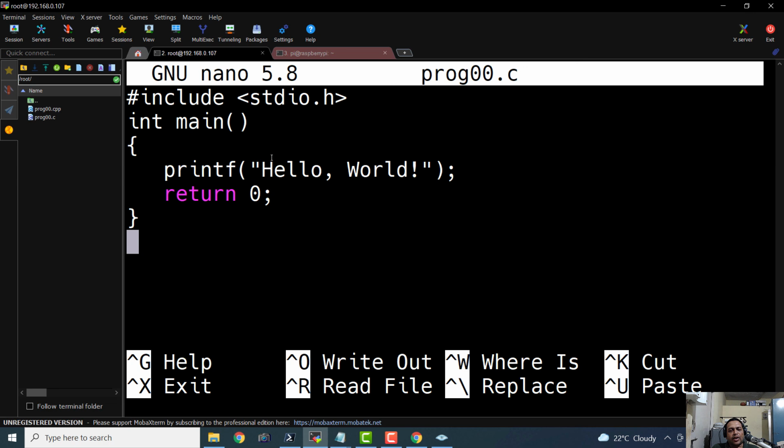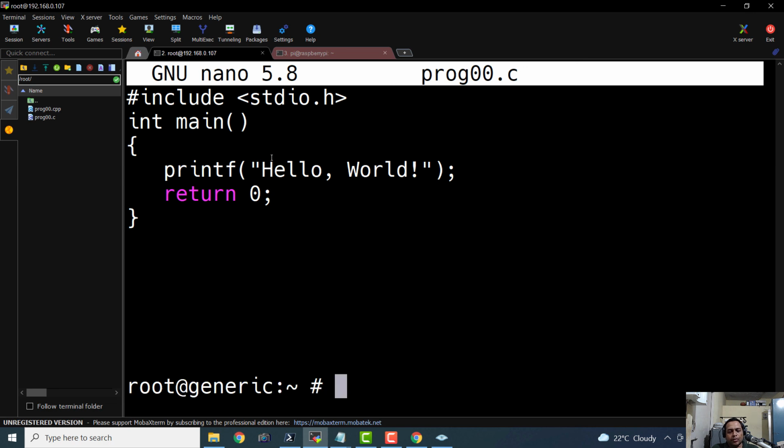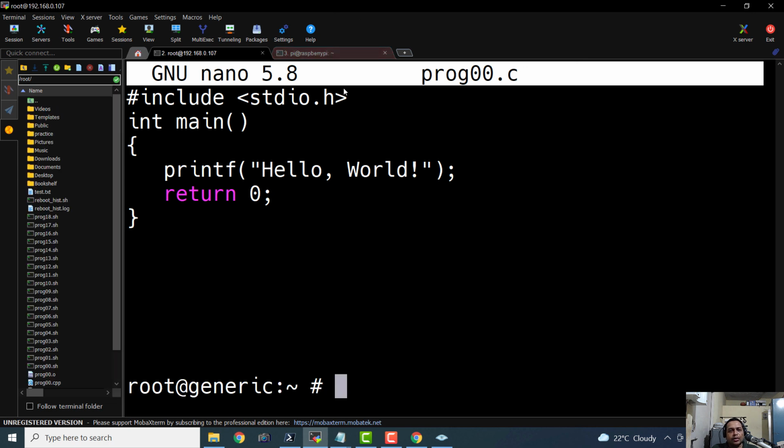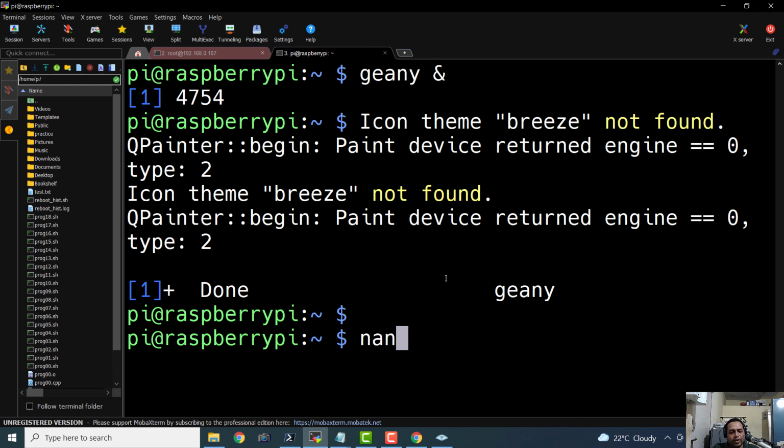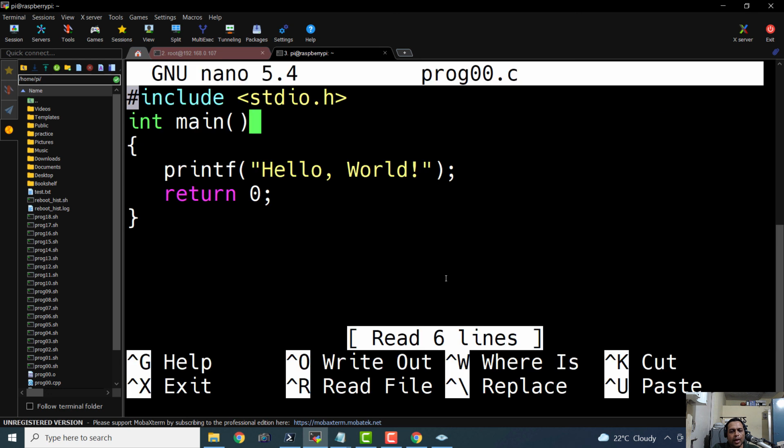So you can definitely work with that. Even on the Raspberry Pi we have the Nano editor, and it seems to have a bit more colors than the FreeBSD one.